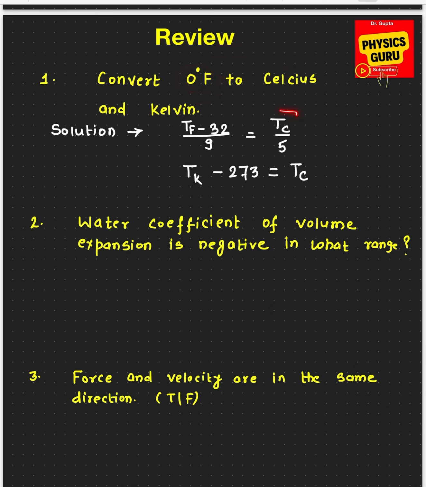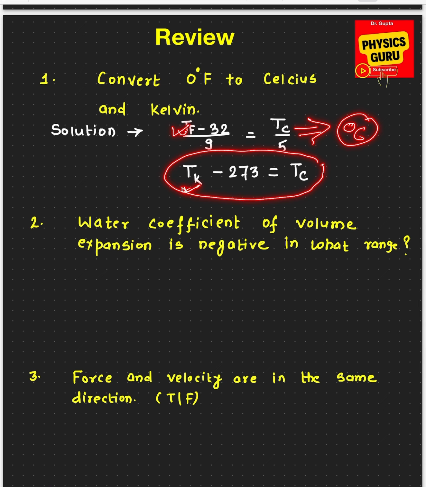For that, you have to use this equation here, where TF means the temperature in Fahrenheit, TC means temperature in Celsius. We know the value of Fahrenheit, so you should be able to find out the value in degree Celsius. Once you know degree Celsius, then you can use the second equation and you should be able to